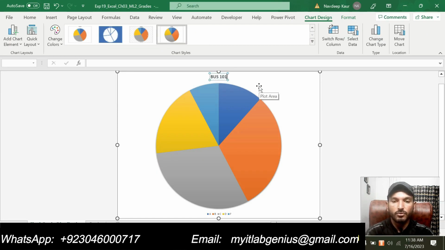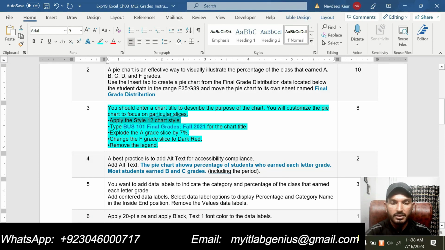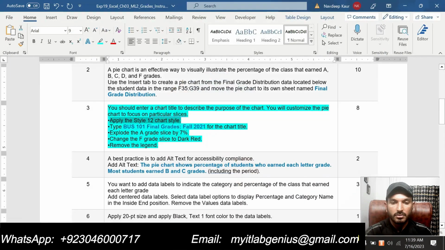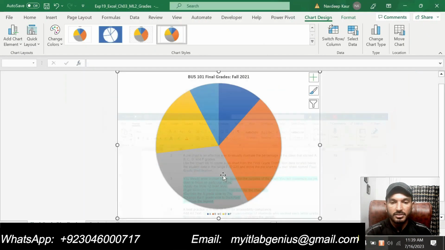Bus 101 final grades fall 2021 for the chart. So I have inserted the chart title now.